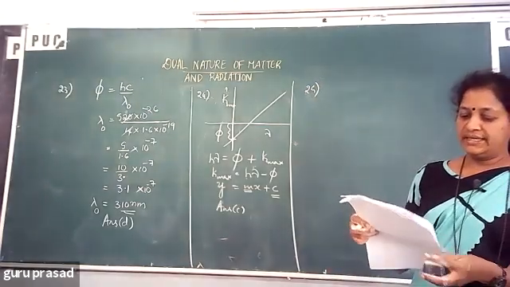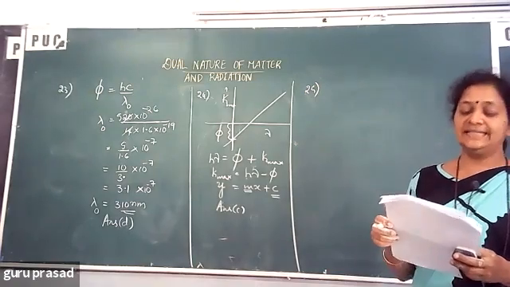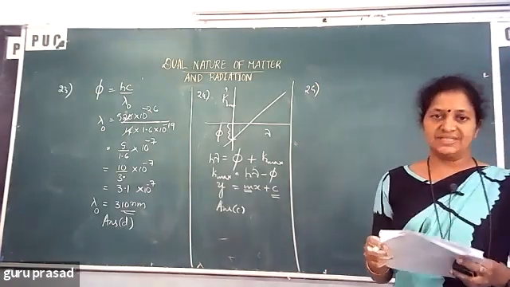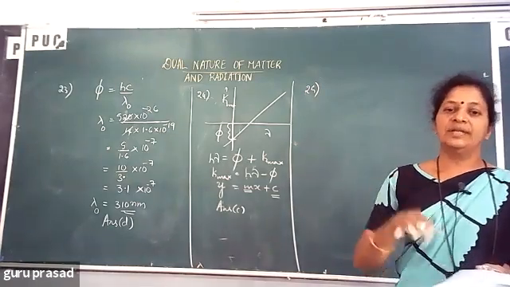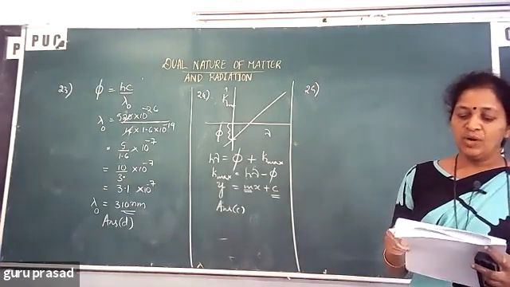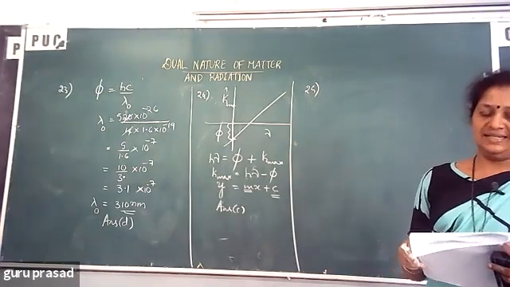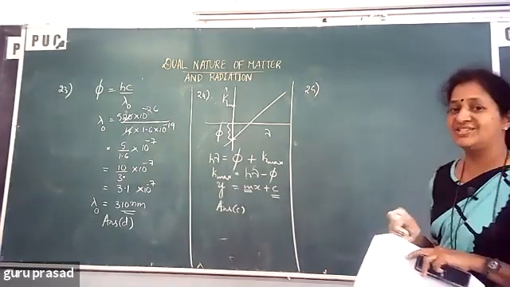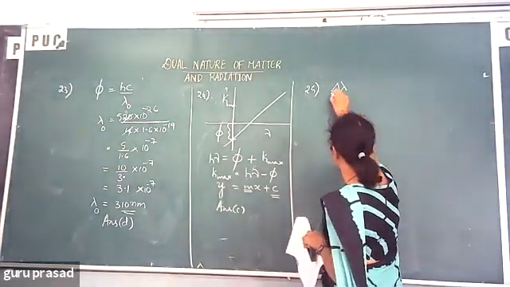If the kinetic energy of a particle is increased to 16 times its previous value, say kinetic energy you consider as Ek, and later that kinetic energy has been changed to 16 Ek, what is the percentage change in de Broglie wavelength of the particle? You have to find out what is the percentage change in the de Broglie wavelength.